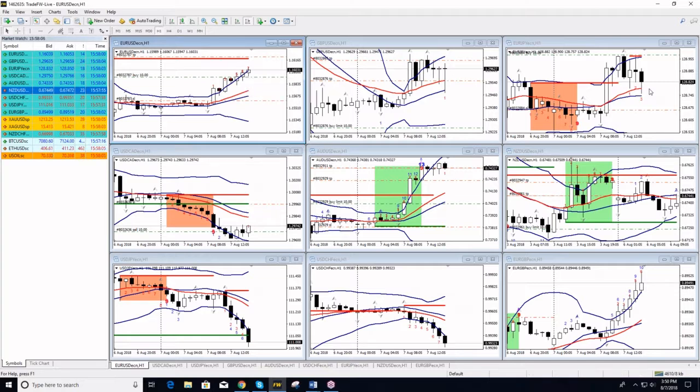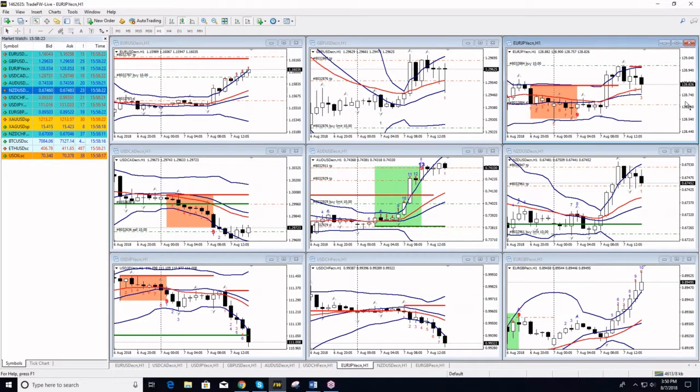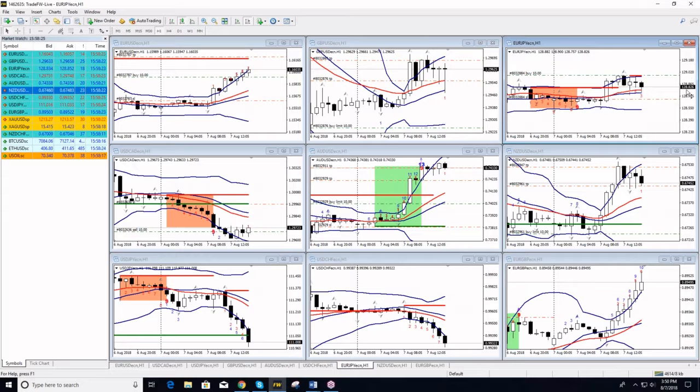And the third trade that is currently not doing so well, but I believe it will follow the euro-dollar trade eventually, is I have entered long positions on euro-yen at 128.98. I'm aiming here for 40 pips take profit. On euro-yen, I'm going for 40 pips. And I'm risking 30 pips, so I'm risking $2,865, aiming for